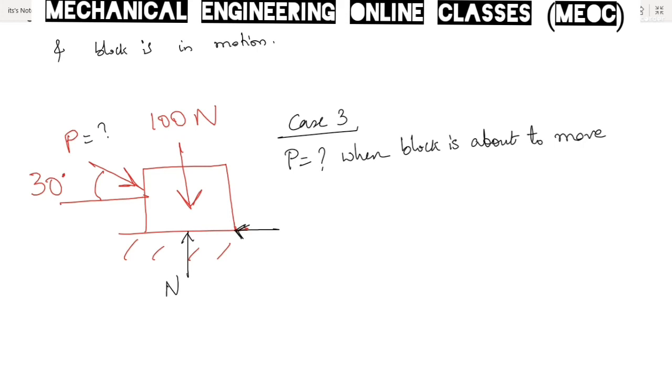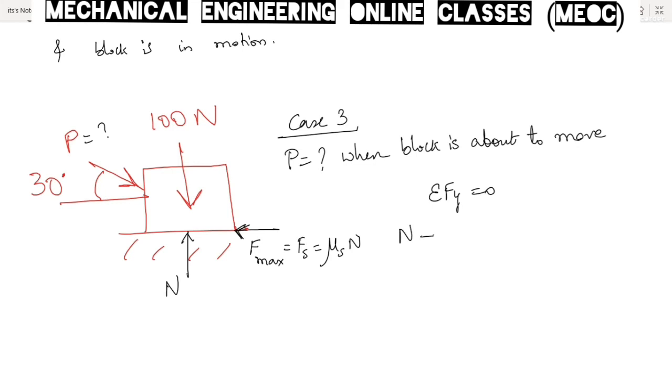It is a tangential force, right? So it is leftward. And because we have to find P at the condition of impending motion, when the block is just about to move, the friction that is developed is a limiting friction, that is the maximum value of static friction. So that can be found as mu s into N. So this is the FBD of the block. So sigma Fy equal to 0. We are using the conditions of equilibrium because the object is just about to move. We are finding it at the static equilibrium.